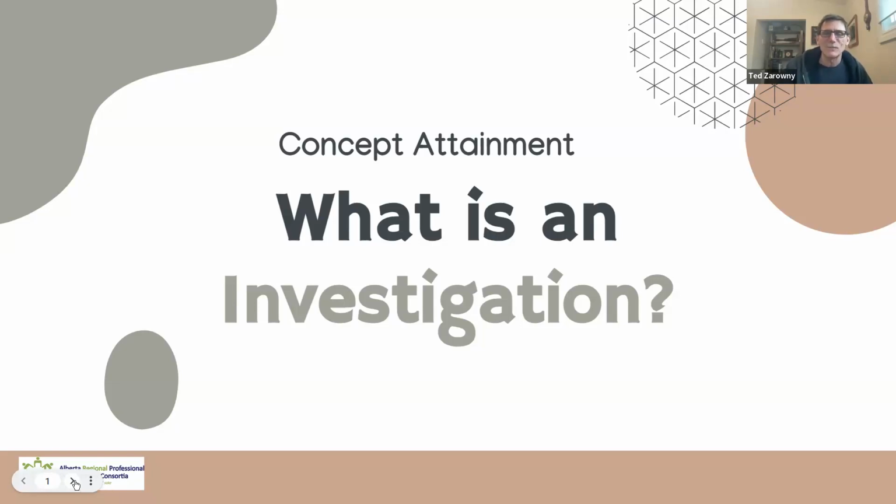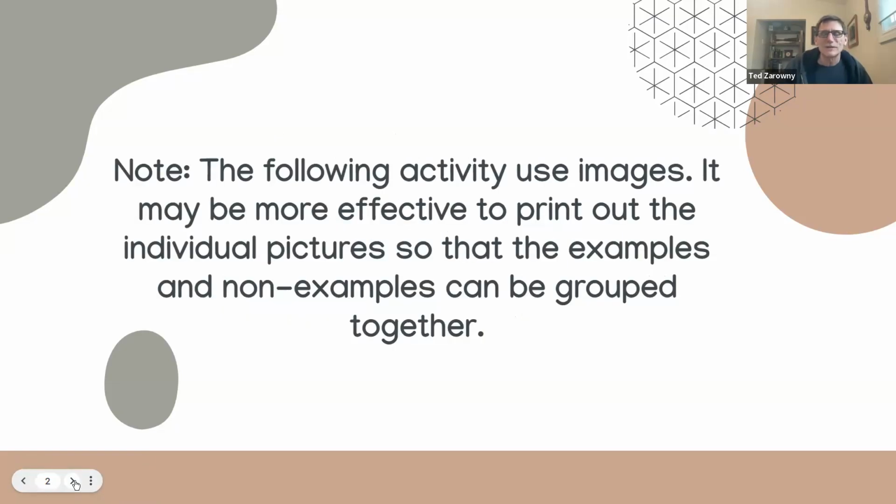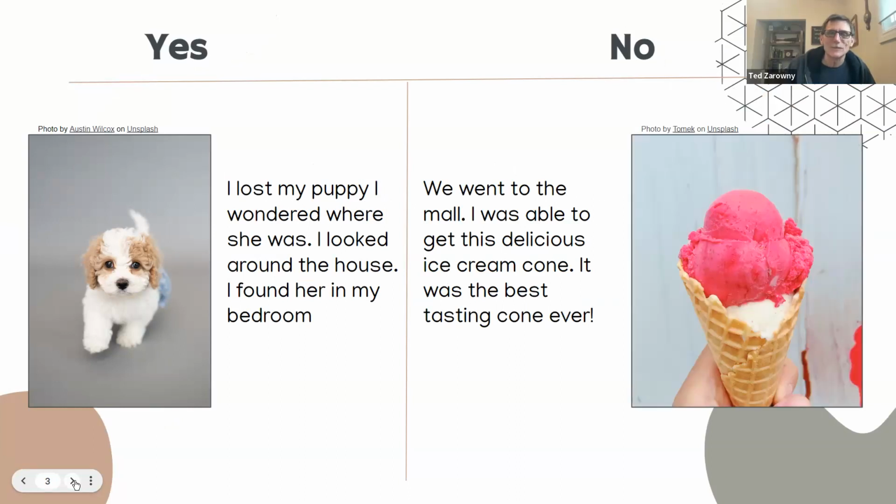They're not going to necessarily memorize it forever after this, but the concept attainment lesson is going to give them a feeling of an interesting way to be introduced to that concept. Anyway, just a note that I'm going to use a lot of images. It might be good to print them out if you can, and make them big if you're going to use something like this to introduce an investigation, if they need to be introduced to what an investigation is. This is meant for younger grades for sure, but you could fix it up to suit your students, or if they think they can use this, then by all means.